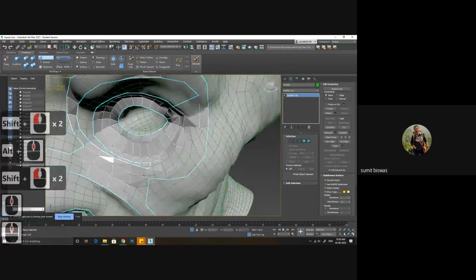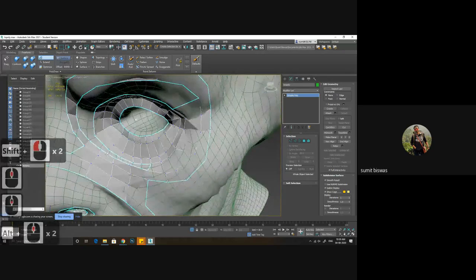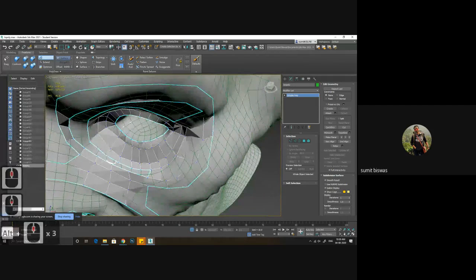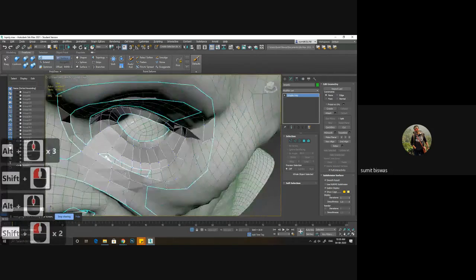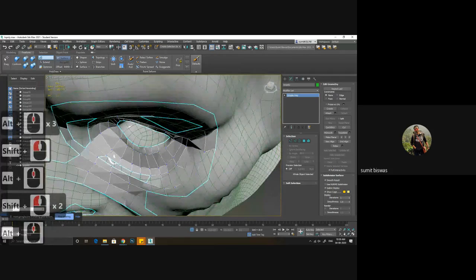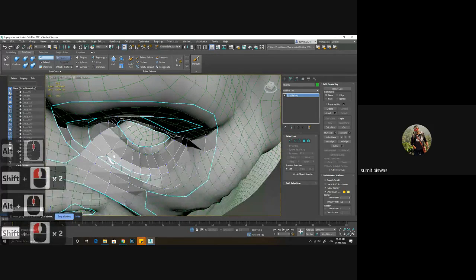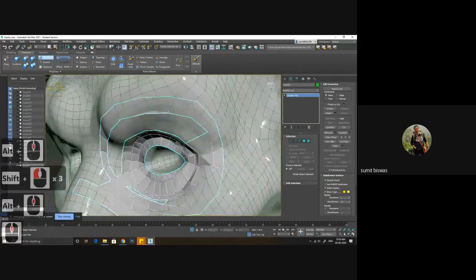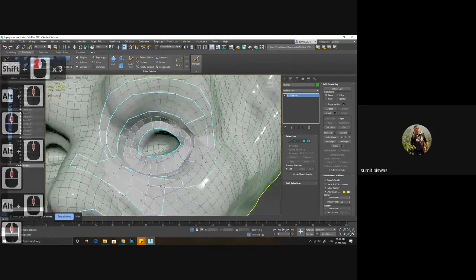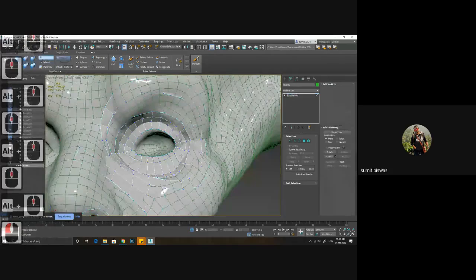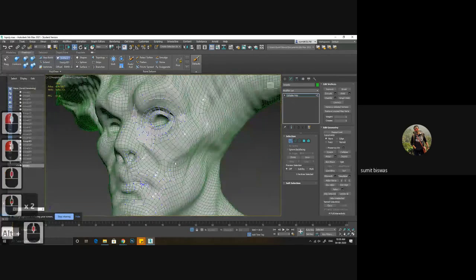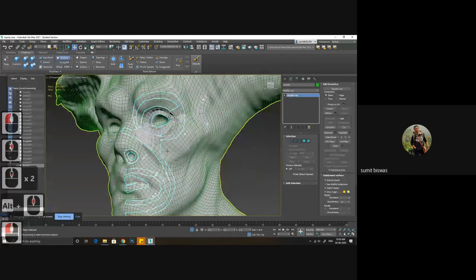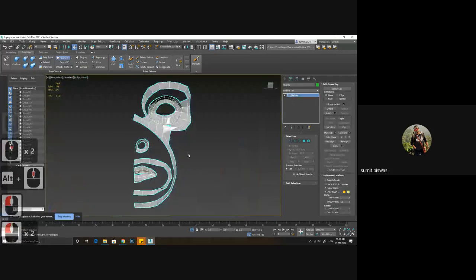So I can see there are a few loops I need to add here and there. That is something I can fix. Or what I can do is switch it off. My basic shape is ready. I can just simply isolate that